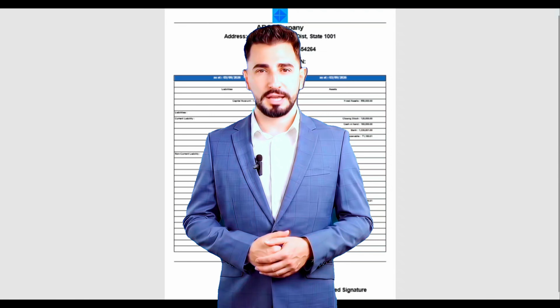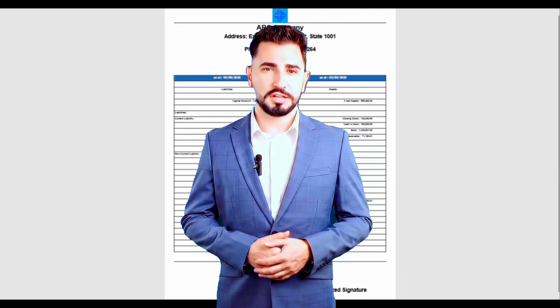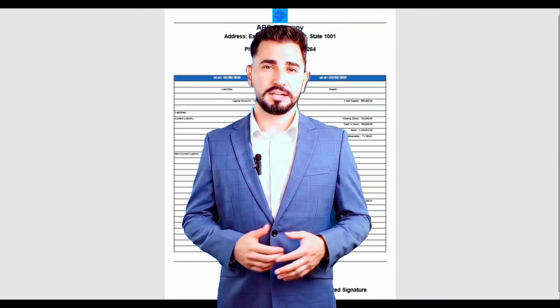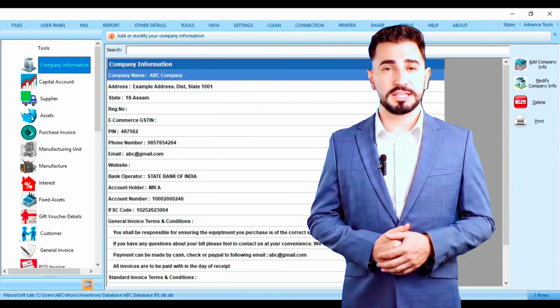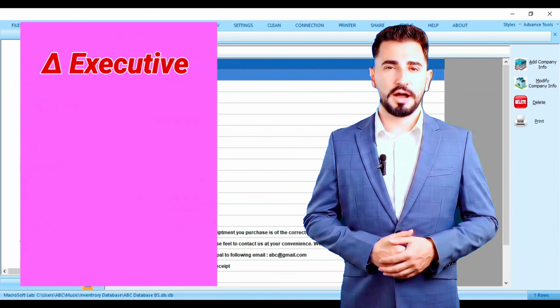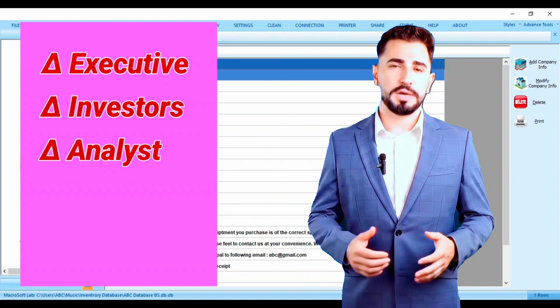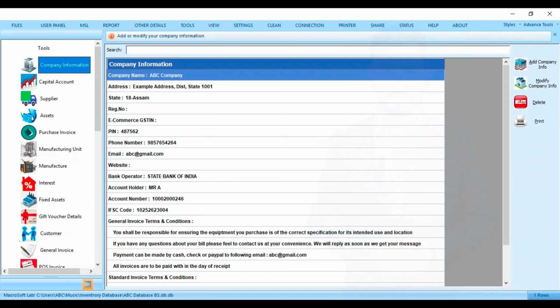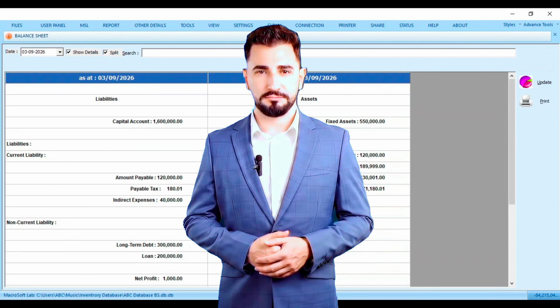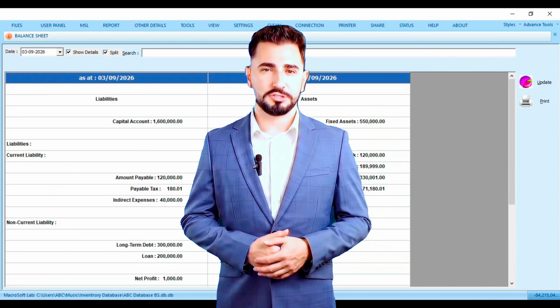A balance sheet is a core financial statement that provides a snapshot of a company's financial position at a specific point in time. It summarizes what an entity owns, what it owes, and the owner's or shareholder's stake. The balance sheet is an essential tool used by executives, investors, analysts, and regulators to understand the current financial health of a business. Balance sheets allow the user to get an at-a-glance view of the assets and liabilities of the